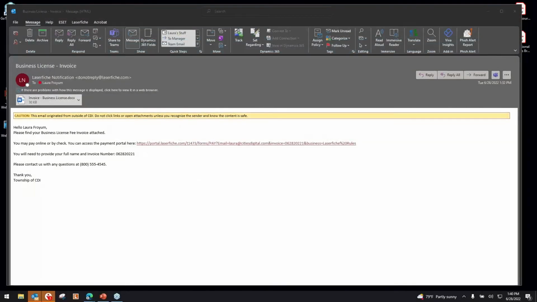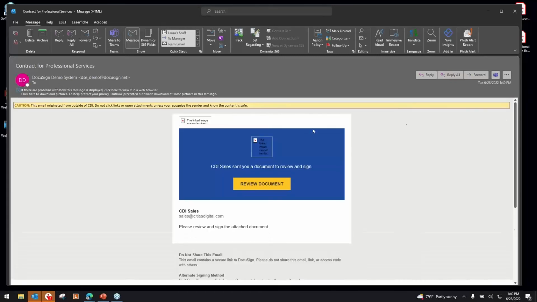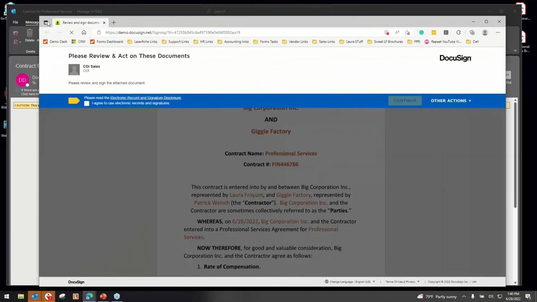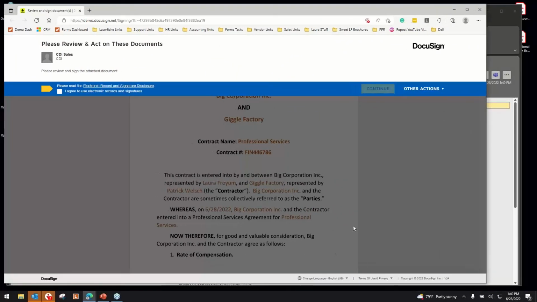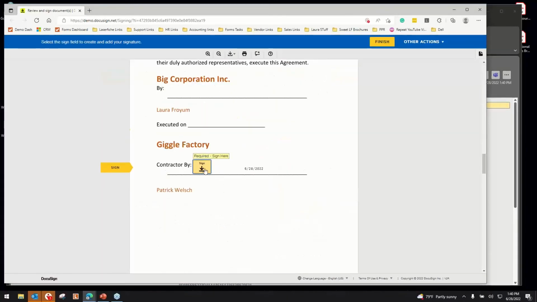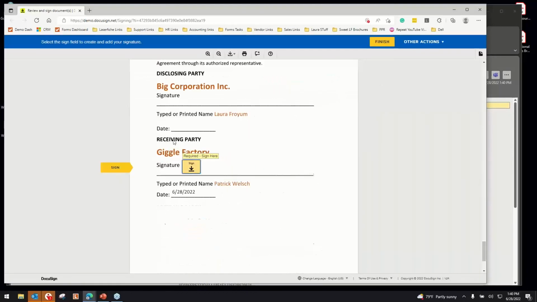And then if I jump into my email, we have received a DocuSign envelope notification, so I can go ahead and review it. So Laserfiche can integrate with DocuSign, Signex, OneSpan, PandaDocs. I think I'm forgetting one. So that you can seamlessly route your processes for signature. So I'm going to agree, continue, adopt and sign,